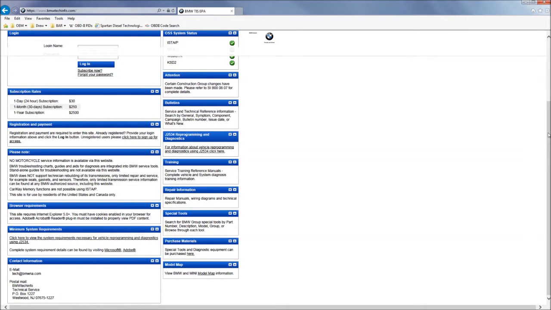Now there's two very important files that I want to point out right off the bat, and they're on the login page of the BMW website. The first one is the J2534 Reprogramming and Diagnostics, and you'll find that here. And the second one is the Minimum System Requirements for J2534, and you find that here. These two documents will give you a good overview of what can and cannot be done with J2534 with ISTA and ISTA-P,